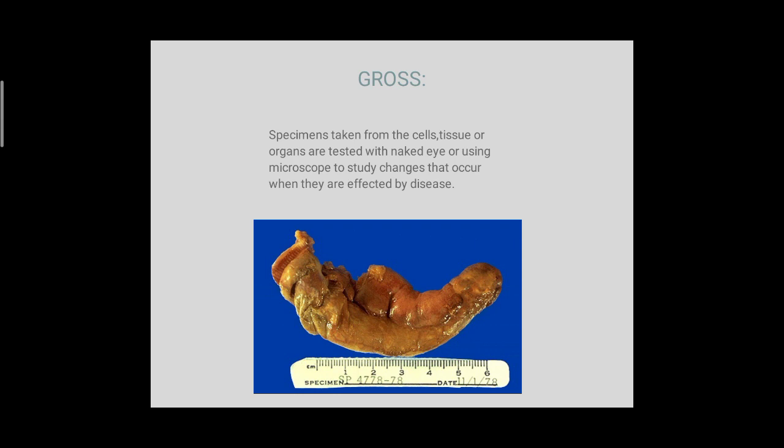This is the gross specimen of appendix. Here you can see what is its color, its appearance, like this is a tubular structure, approximate size, and what are the secondary changes, if there is any redness, hyperemia, or mesoappendix attached or not, and about its lumen, if its lumen is obstructed or not. You will be seeing all this in detail when we will be moving toward the practical specifically. But gross means what you can see with the naked eye, and these are the points which you have to memorize, so you can start with these points whenever you see any specimen.